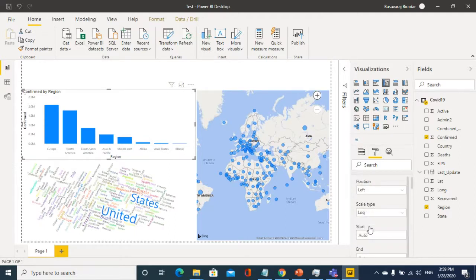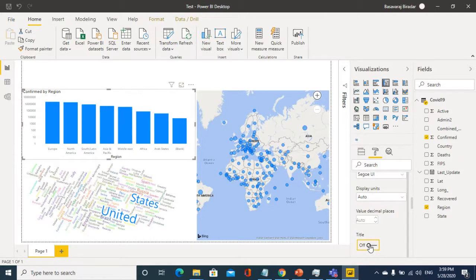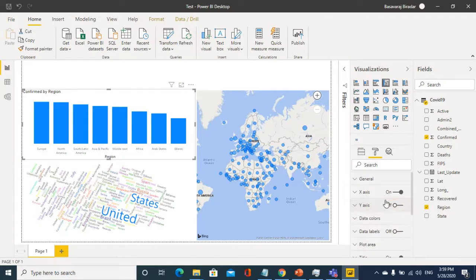So I'll use logarithmic scale, and this is again a formatting kind of thing. I don't want any title for the y-axis. I don't want y-axis labels, and for the x-axis I want the font to be black and the size to be 12.